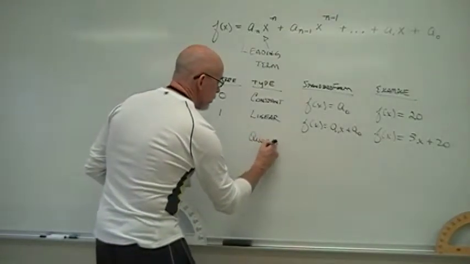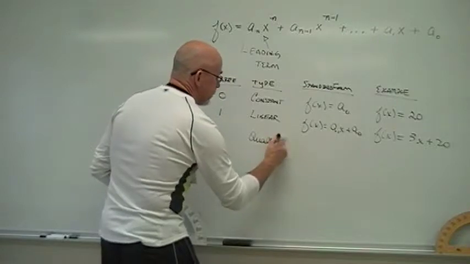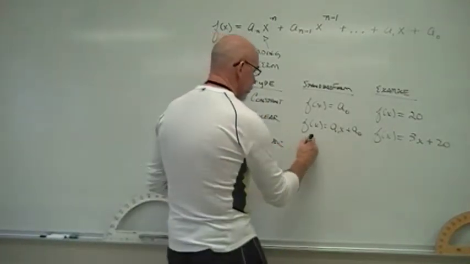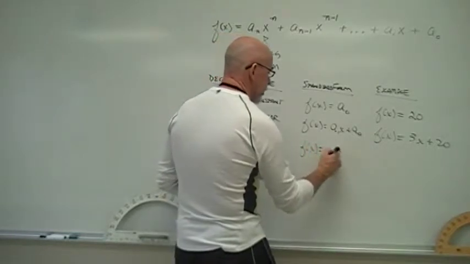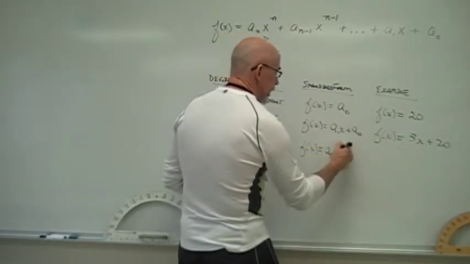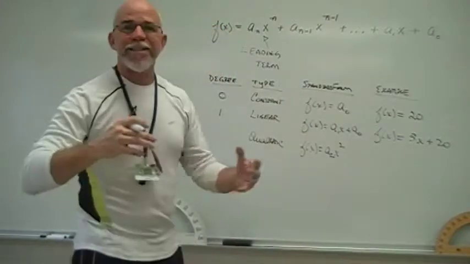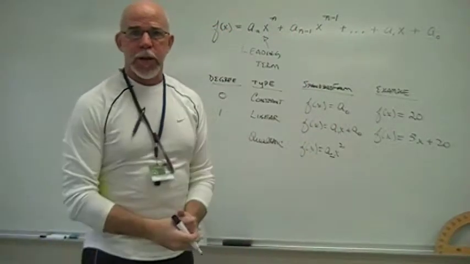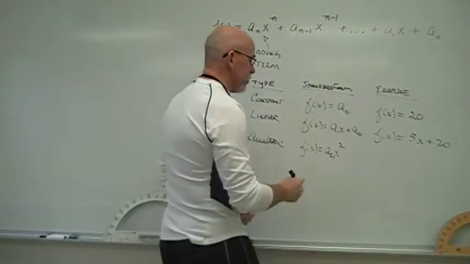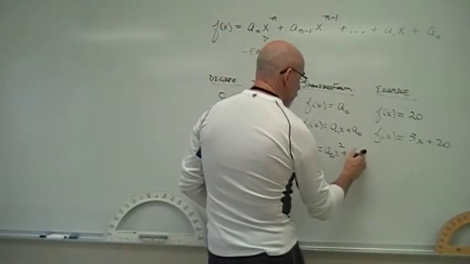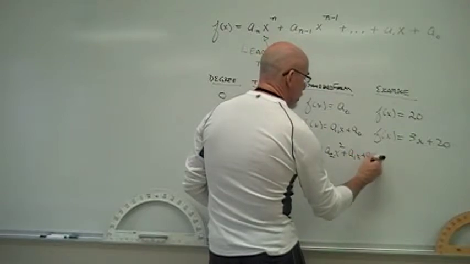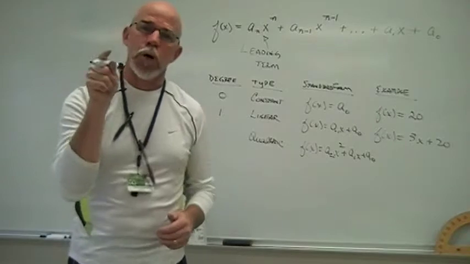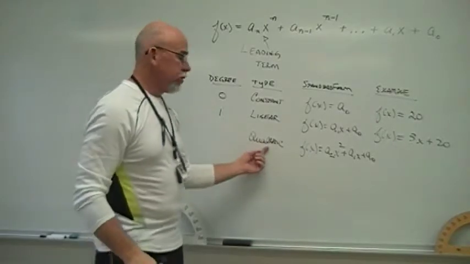We have also studied quadratic types. Quadratics, what do you think? What kind of degrees, what kind of terms is it going to have? That's right, it's going to have a quadratic term, a second degree term. We know that these graph as parabolas, that open up or down in quadratic fashion. We use those quite a bit. Again, we can also have a linear term in there and a constant term. Not necessary, we don't have to, but we must have a quadratic term for it to be considered a quadratic